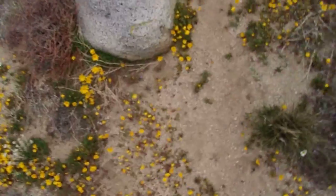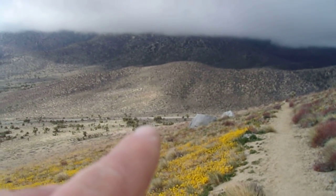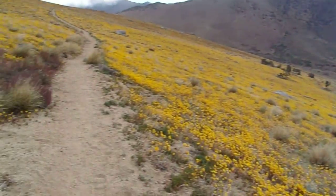Hello, this is Brian. Welcome to part 2 of the Morris Peak hike. I am now on the Sierra Nevada side of 178 and Walker Pass. I'm on the Pacific Crest Trail